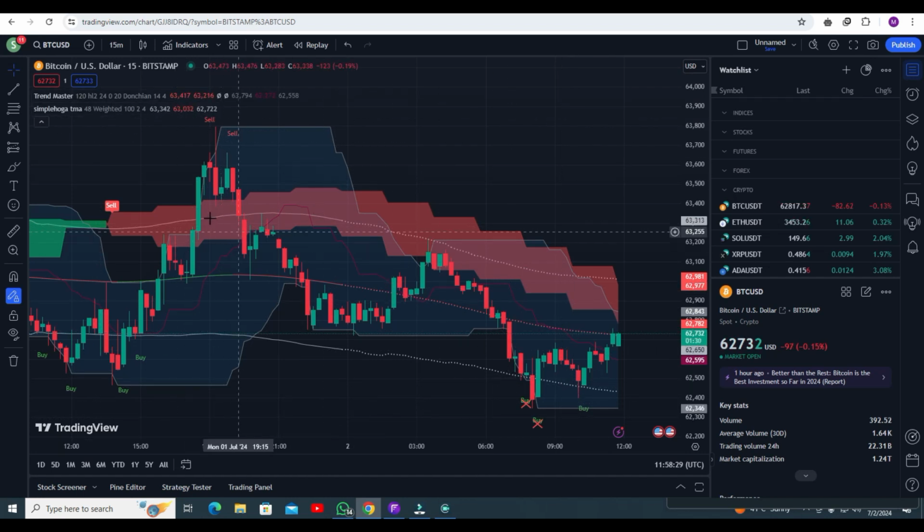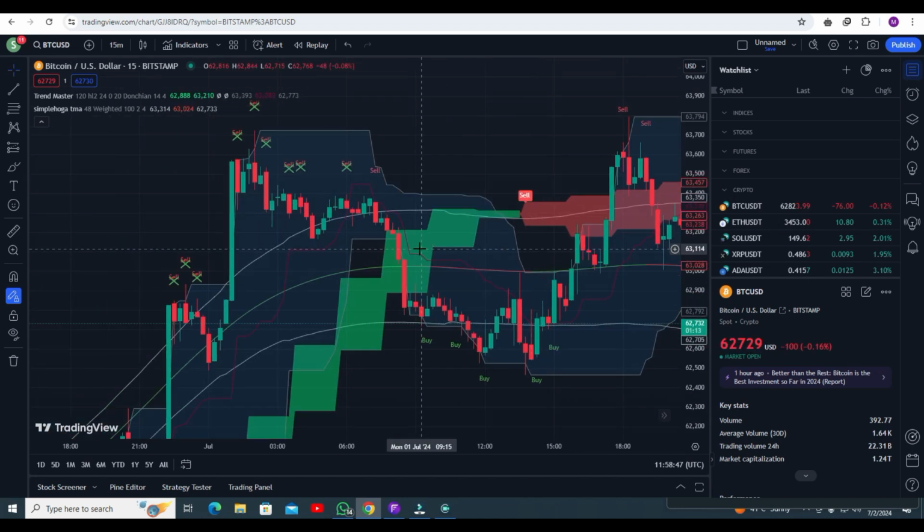So the rules: make sure that when the trend master is above the middle line, you can follow the sell signal. When the trend master comes upside from the middle band line, you do not need to go for the buy trade.